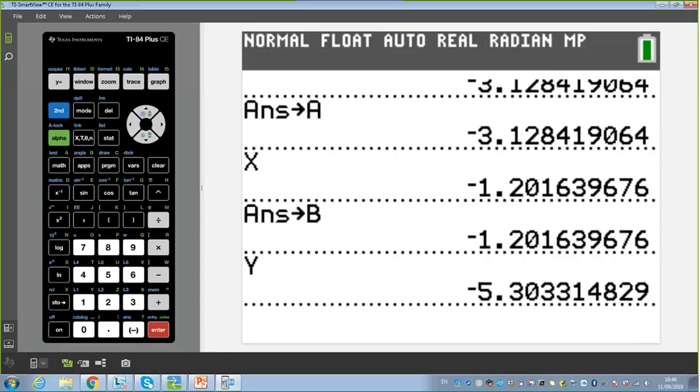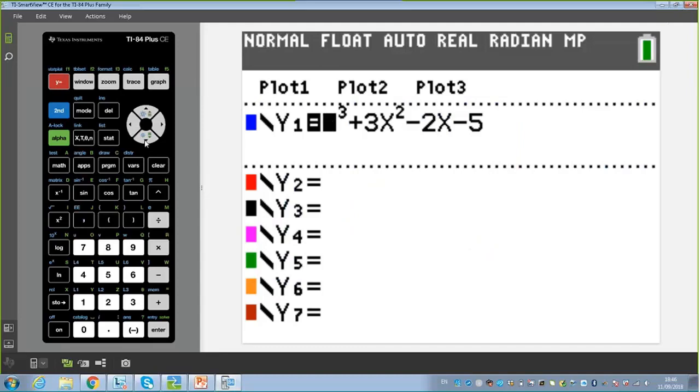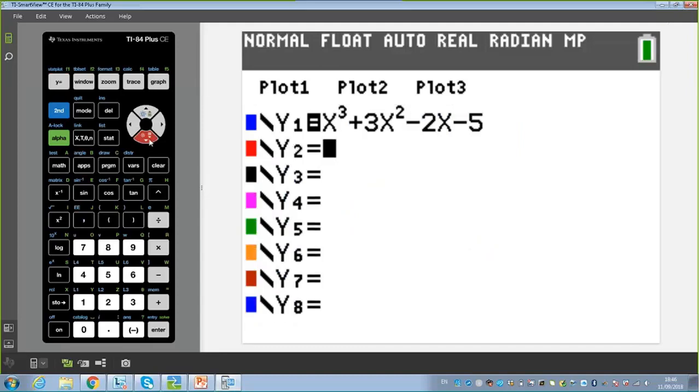Another way, obviously, that you probably wouldn't do as much on a graph because we've just found the minimum, is to find the derivative of this and then put it equal to 0. So that will give me a quadratic. We can do it several ways. One of the easiest ways to do it into here, we're going to use the quick key, alpha F2, derivative,